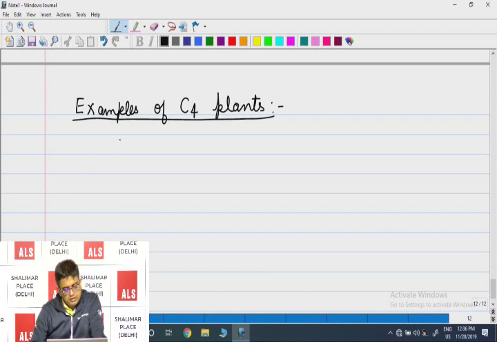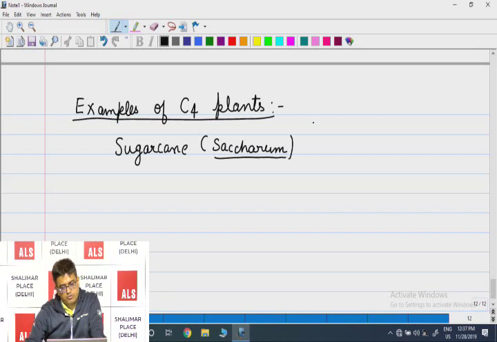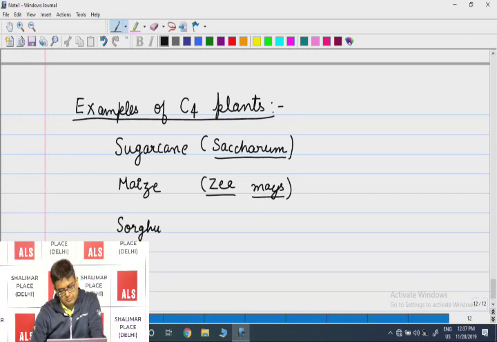Please write: sugarcane's botanical name is Saccharum, and the most common species is officinarum. Maize you already know, Zea mays. Sorghum vulgare, sorghum, amaranthus,